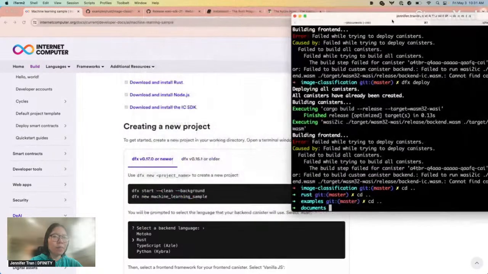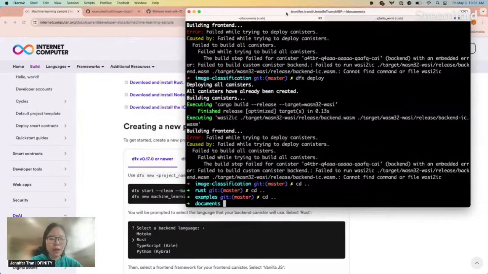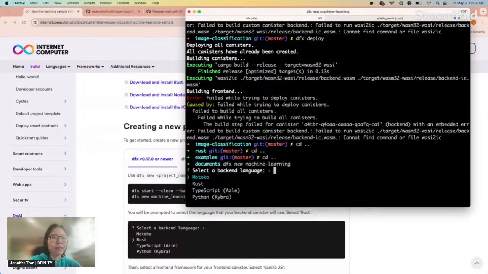So okay, now you can do a dfx and create a new dfx project. For example, let's say dfx new machine learning. In this case, we want to use Rust, but to the developer that asked, can I use Python? You should be able to use Python.